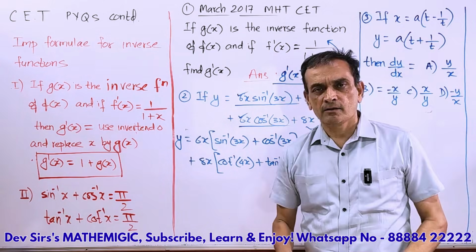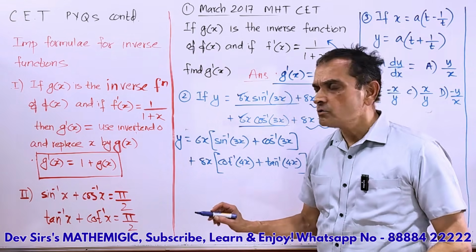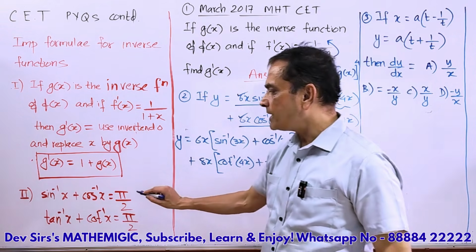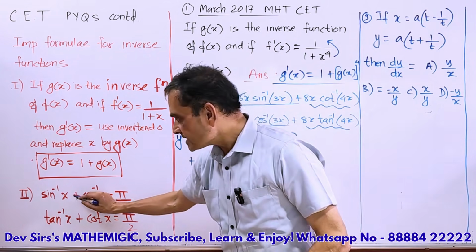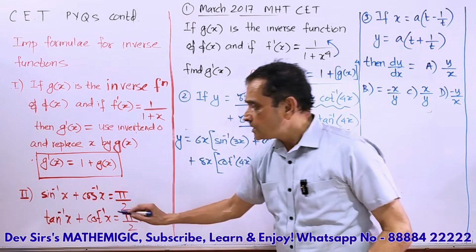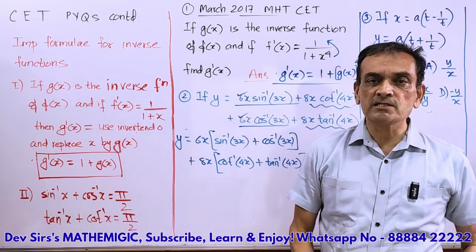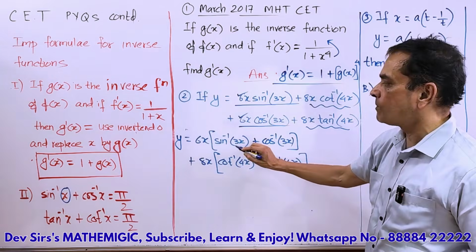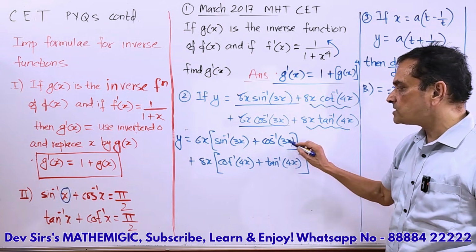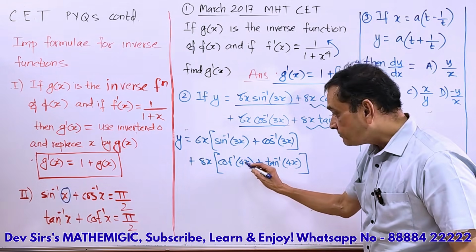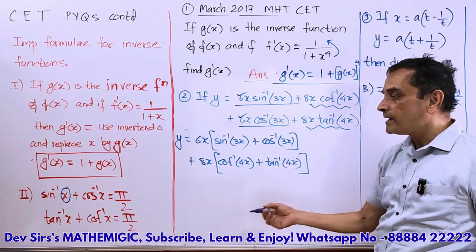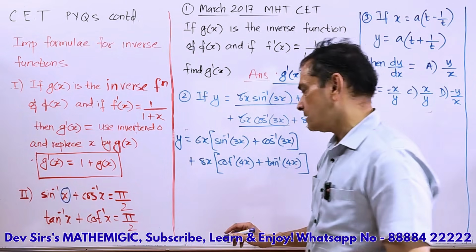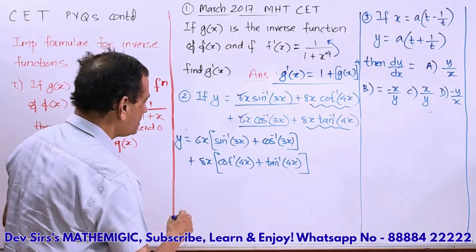What is the use of doing that? Simply because I can use sine inverse 3x plus cos inverse 3x is equal to pi by 2. Sine inverse x plus cos inverse x is pi by 2. Sine inverse 10 plus cos inverse 10 is equal to pi by 2. Whatever the value of x in front, if both are same, sine inverse 3x plus cos inverse 3x is pi by 2. Cot inverse 4x plus tan inverse 4x is pi by 2. Only thing is x की जगह 4x है, it doesn't matter. So it becomes simpler for me now because